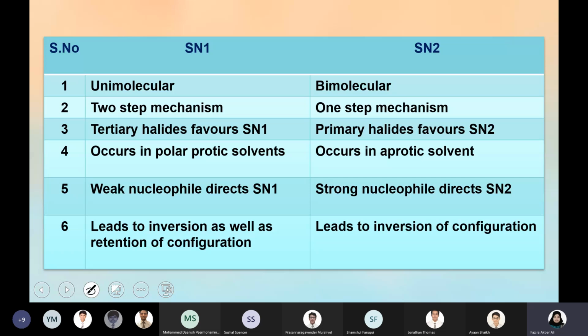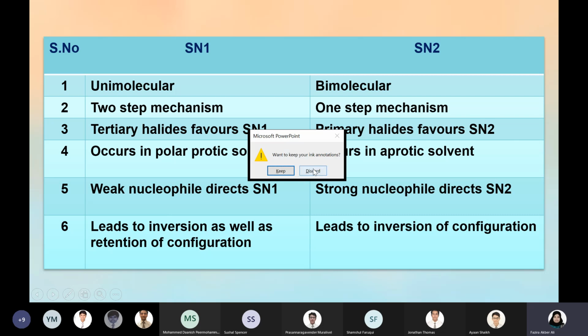Elimination will be the reverse of an addition, so that will be easy. Here in substitution, one group is substituted with another. Elimination means from an alkyl halide, you remove the halogen and hydrogen so that it forms a double bond. In the class 11 hydrocarbon chapter, you learned a double bond plus adding something gives a haloalkane. That is the reverse of an addition to an alkene. Anyway, we'll discuss that tomorrow.